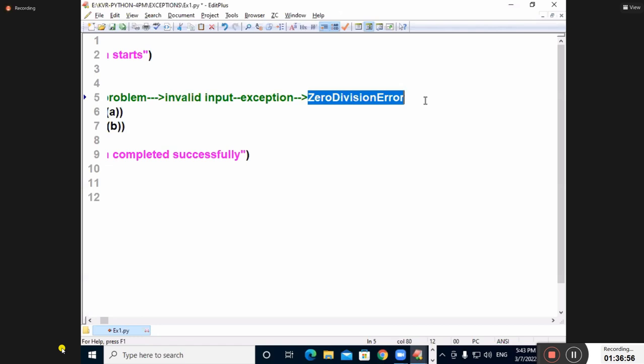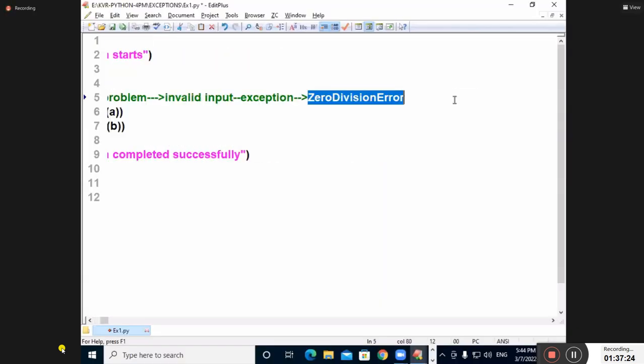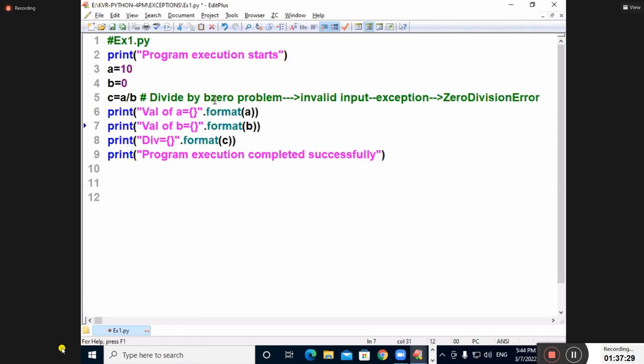Java follows the same thing. Python follows the same thing. .NET follows the same thing. All languages follow camel case notation for representing the name of a class. In simple words, when an exception occurs, to do the ABC steps, one object is created to perform all the 3 steps. Did you understand? Tell me, what is ZeroDivisionError, my dear students? ZeroDivisionError is the name of the exception class whose object is created by default when which problem is taking place?